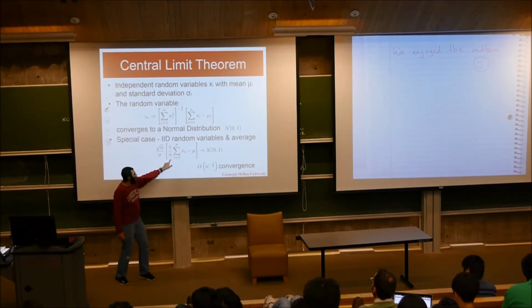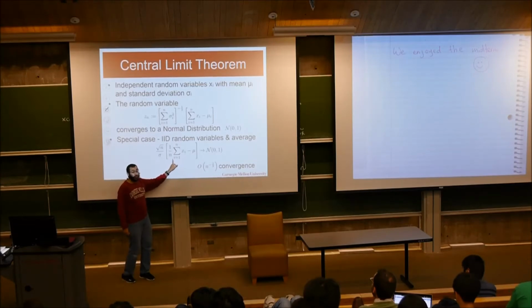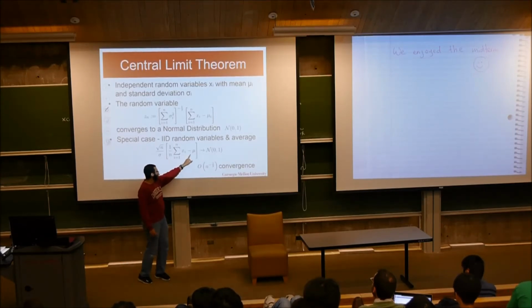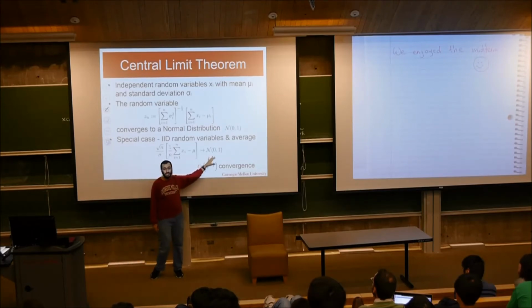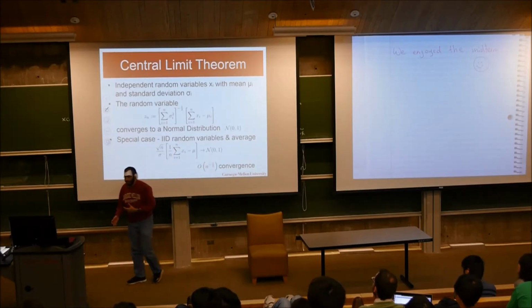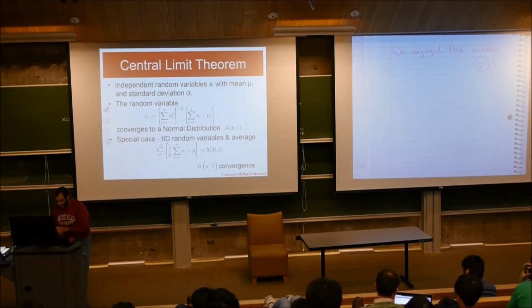So this becomes the empirical mean. So the empirical mean minus the true mean, multiplied by this quantity, is a Gaussian random variable. The informal way to write it is that the difference between the empirical mean